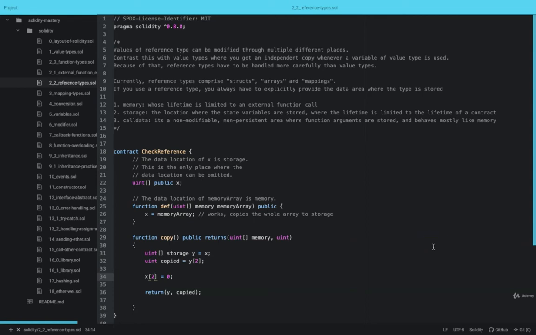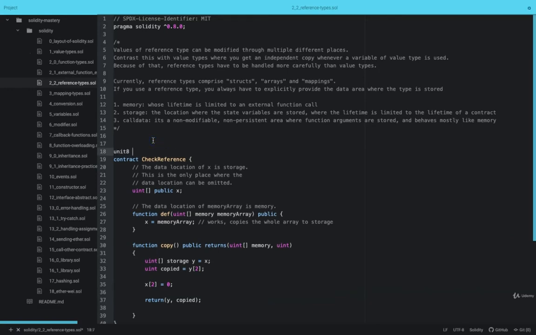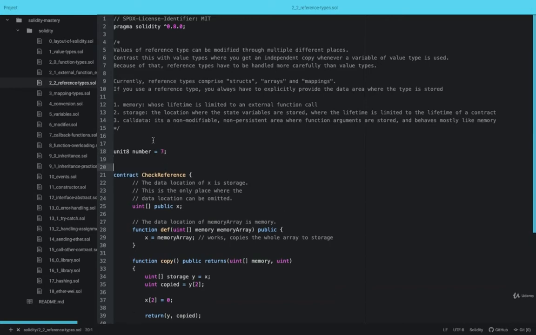Welcome to this lesson. In this lesson, we'll be discussing reference types in Solidity. The value of a reference type can be modified through multiple different places, unlike value types. Take for example, when you define this: uint _number = 7,